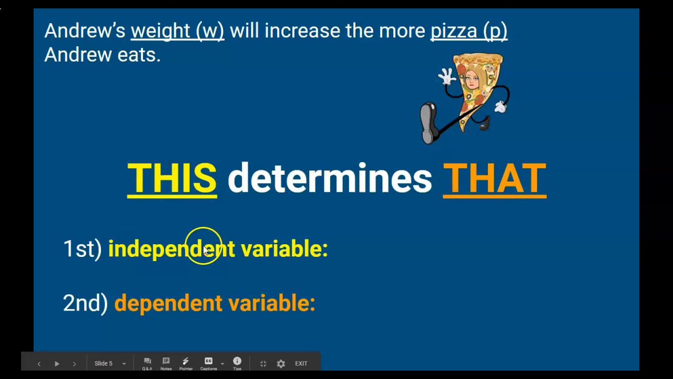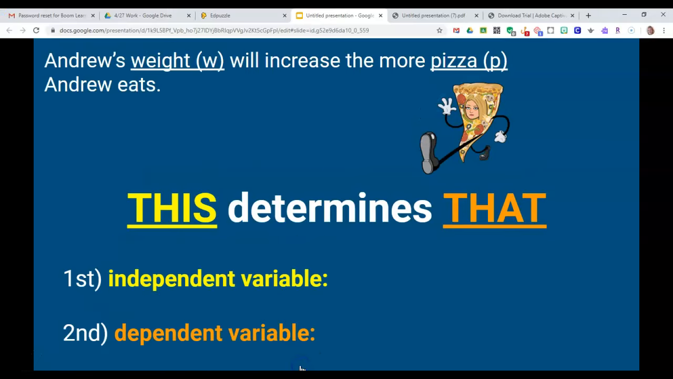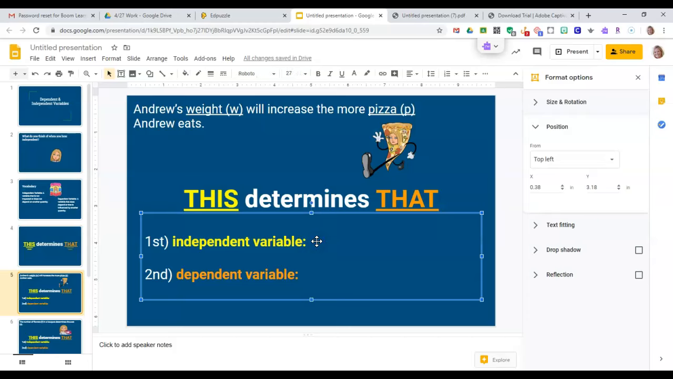So, with that said, let's go back up here. So, does Andrew's weight determine how much pizza he eats? No, that doesn't make sense. But the amount of pizza Andrew eats will determine how much weight he gains. Okay? So I'm going to come here,